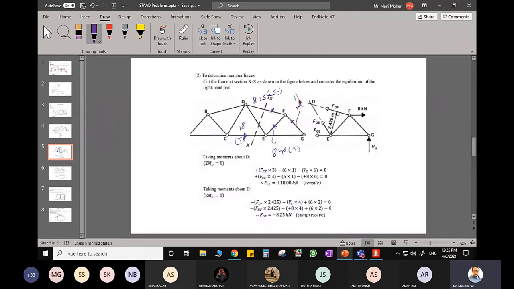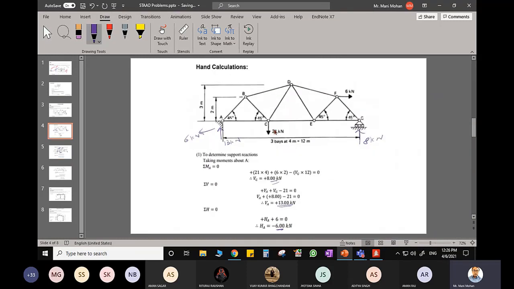11.31 compressive. So when you are applying this kind of load at the top fiber, you can imagine this is a beam. At the top fiber, what will happen? You're going to experience compressive stress. So this is what is going to happen in members AB, BD, DF, and FC, which will experience compressive stress, while the bottom member is going to experience tensile stress.